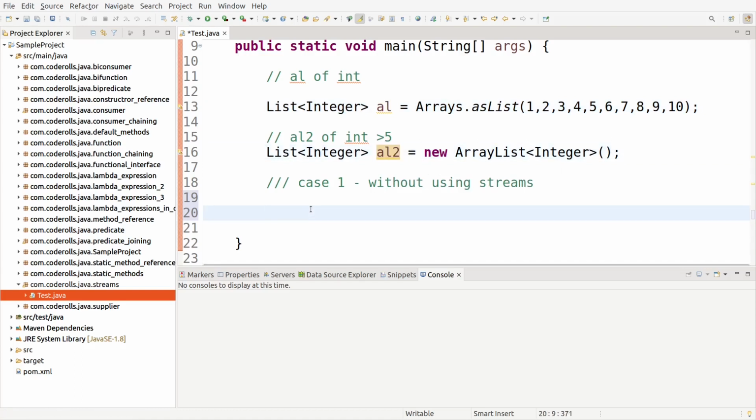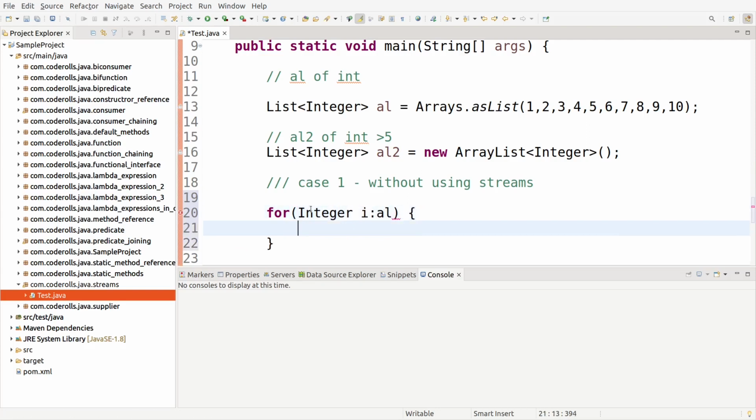So let's iterate over AL. How can we iterate? By writing a simple for loop. So let's iterate, integer i from AL. This is a simple for-each loop, and here we will write a condition.